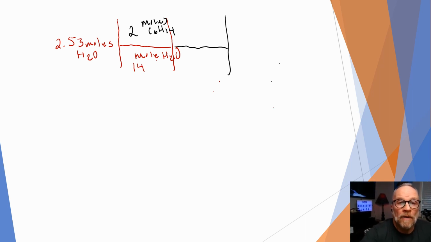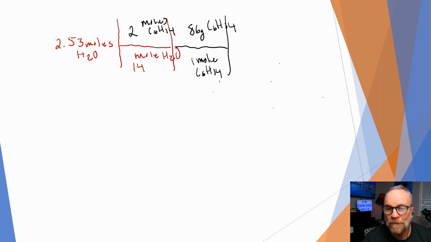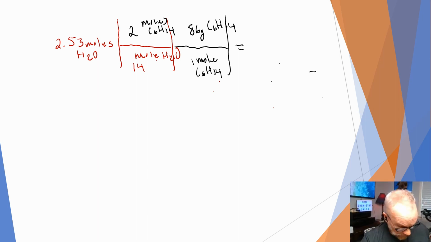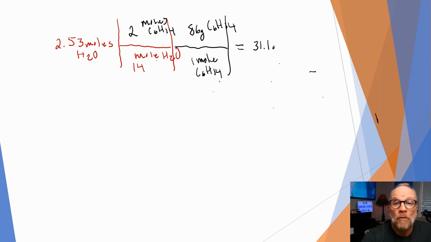And then for every 1 mole of hexane, we had 86 grams of the same. 6 times 12 gives you a number, then plus 14, right? That will give you 86 grams. And then when we work that out, 2.53 times 2 times 86 divided by 14,